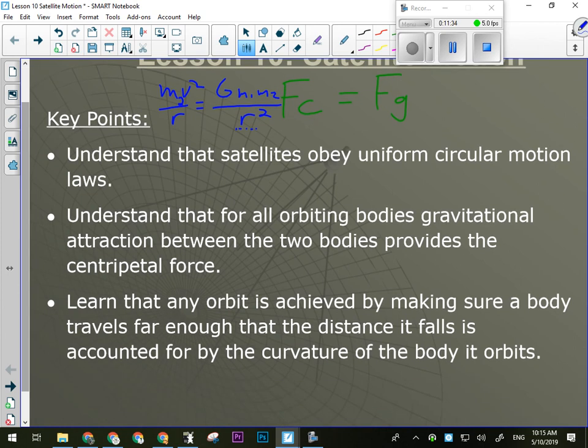All right, so we need to understand that satellites obey uniform circular motion laws. Even though they move in ellipses, they're still essentially circles. Understand that for all orbiting bodies, gravitational attraction between the two bodies, that's this formula here, provides the centripetal force, and that orbit is achieved by making sure a body travels far enough that the distance the satellite falls is equal to the distance that the object it's orbiting curves away, because obviously it's orbiting something round,